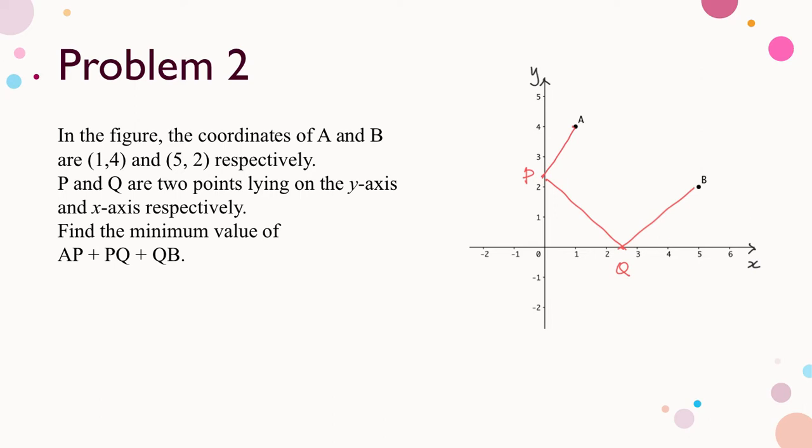Here is the solution. Reflect A about the y-axis to A prime, so the coordinates of A prime are -1, 4. Reflect B about the x-axis to B prime, so the coordinates of B prime are 5, -2. Since AP equals A prime P and BQ equals B prime Q, the minimum distance occurs when A prime, P, Q, and B prime are collinear. So the minimum distance is given by the distance between A prime and B prime, which is